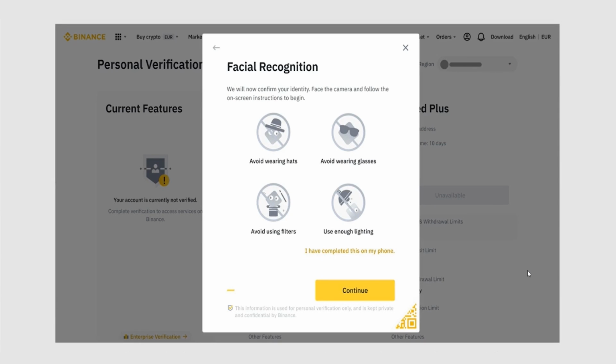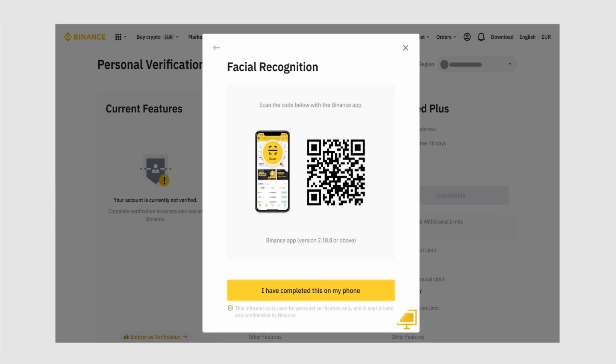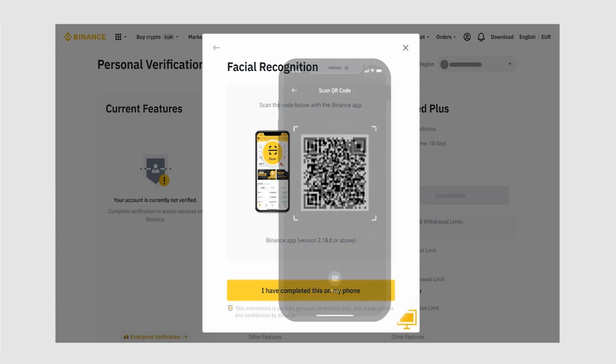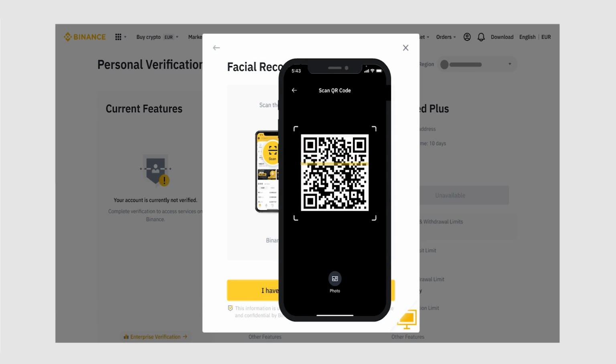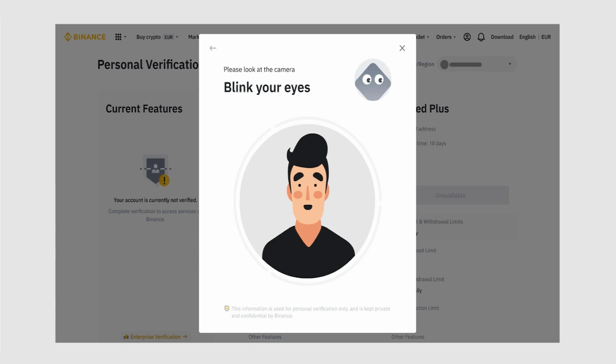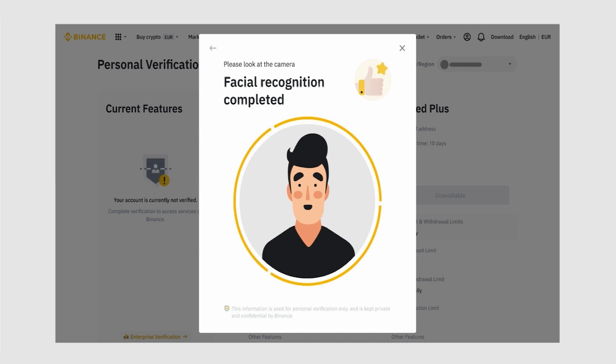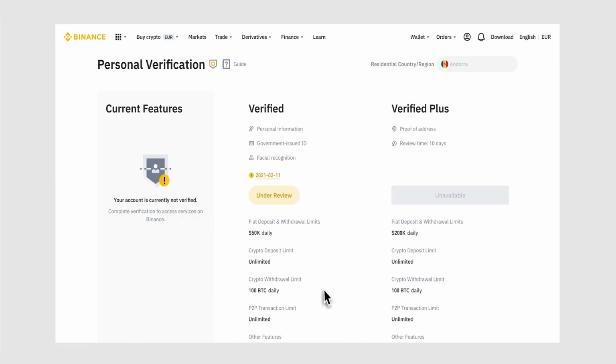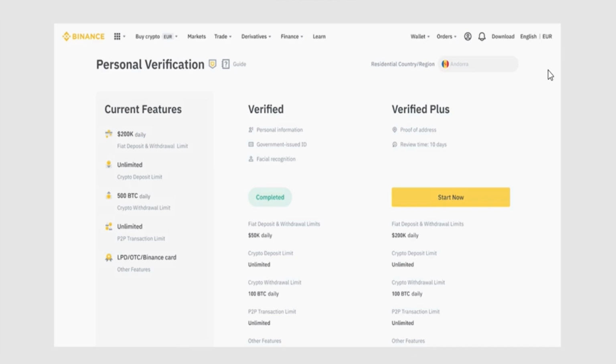Or alternatively, move your mouse to the QR code on the bottom right to complete verification on the Binance app instead. Scan the QR code via your app to finish the face verification process. After completing the process, please wait patiently. Once your application has been verified, you will be notified. So yeah, alright guys, that's all actually. We registered on Binance and after that we made our Binance account verified. So from now on we can trade any cryptocurrencies we want anytime we want,